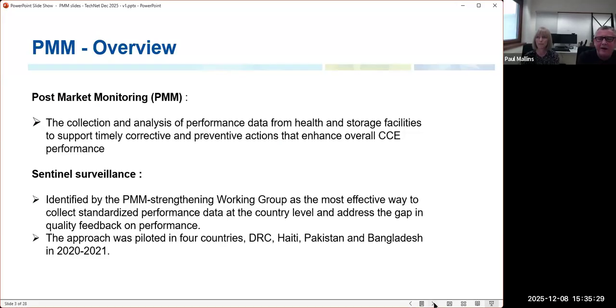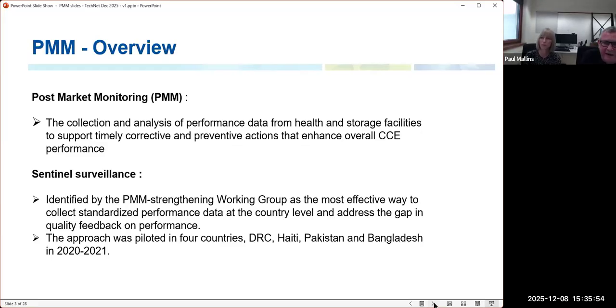And the way that we do this is not by trying to monitor every fridge in the system. We do what we call a sentinel surveillance approach, whereby we deliberately select a number of facilities where we know the staff are interested and capable and resourced to be able to do zero reporting and follow-up.